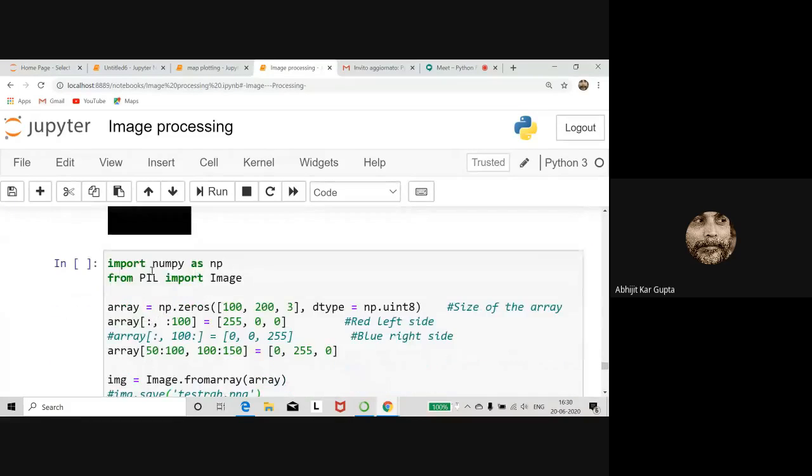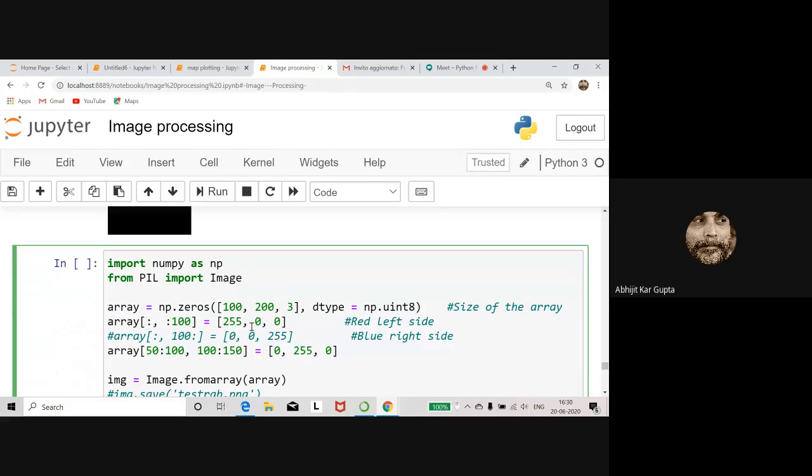Next, you do this: import numpy as np, from PIL import Image, and then you create one array with np.zeros, 100 by 200, and the three channels, and you fix your data type. Then you write array, inside that colon, comma, then colon 100.